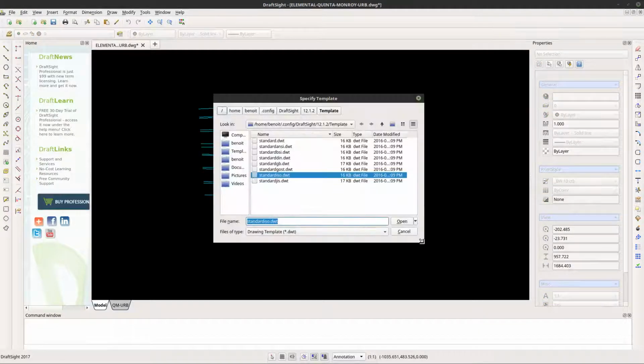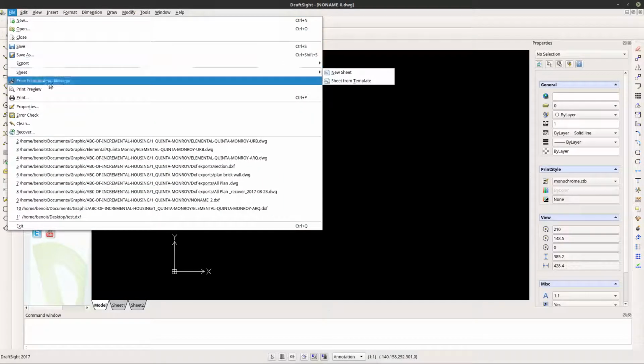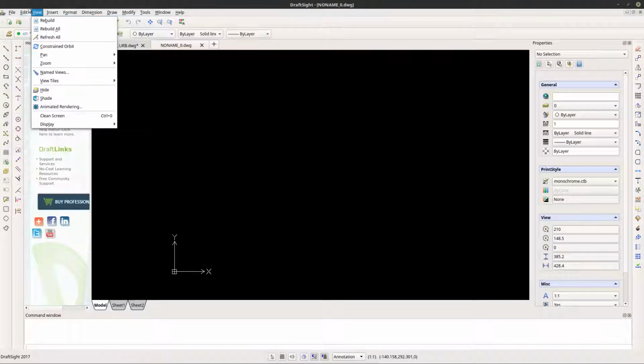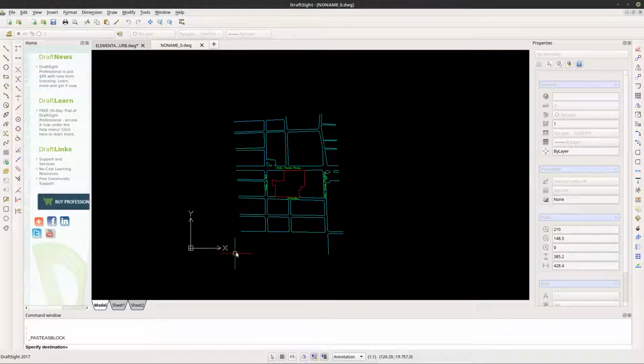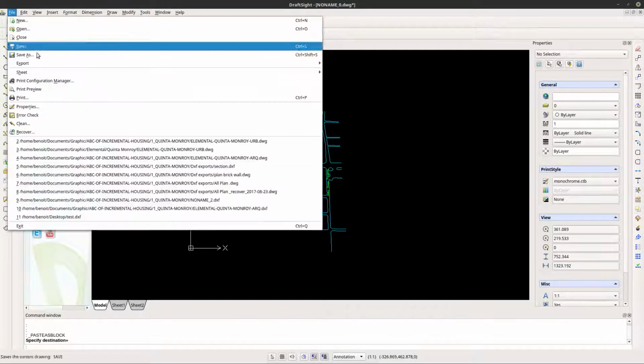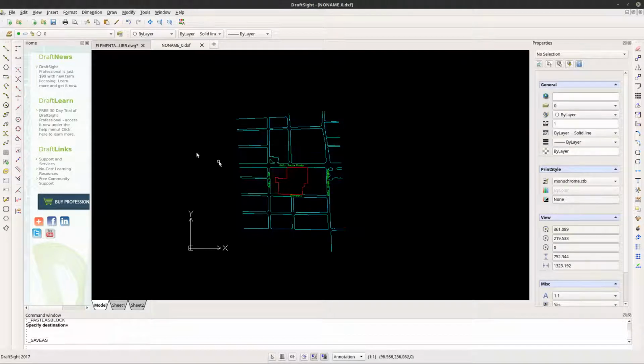New. Open. File, paste, edit, paste as block. Okay, like so. Now I can file, save as DXF. Export DXF, save that in there, and then